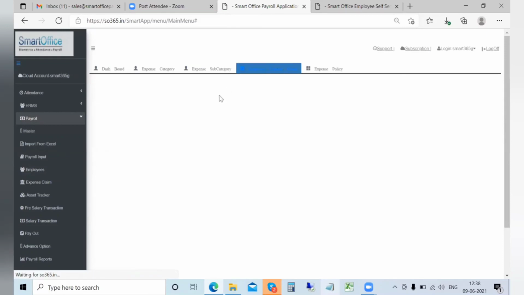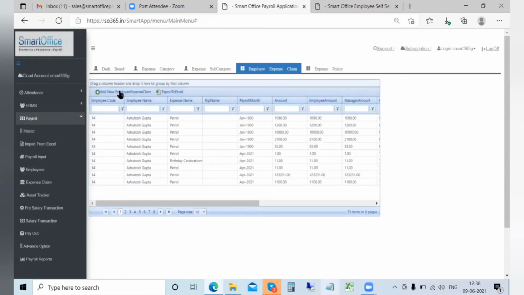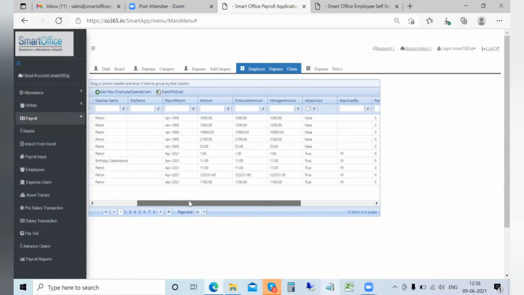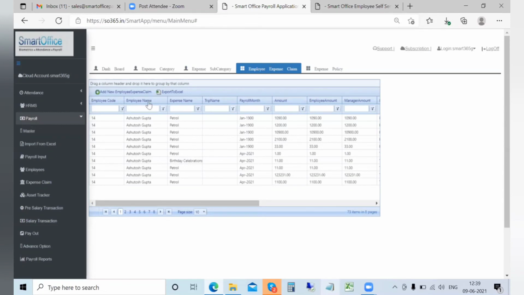This is the admin window where you can see the expense claim details. The same can be included. Once the employee submits, it will go to the approval for the managers. Once that is approved, then it will show up here in the multi-level approval. The expense claim will also have this facility of multiple approvals, so you can have multiple approvals for this expense claim policy as well.